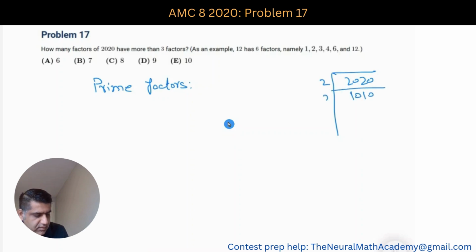We will get this, then we divide by 2 again, we get 505, and then by 5, and then we get 101, and then if we divide by 101, I get 1. Since 101 is a prime number, I cannot do anything further. So now the prime factors that I get, they are